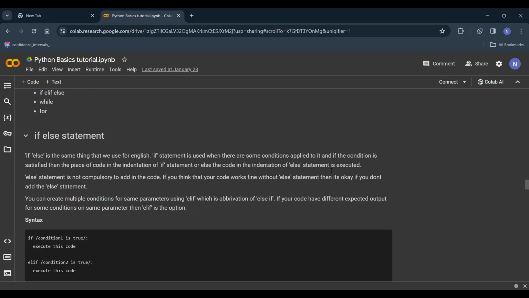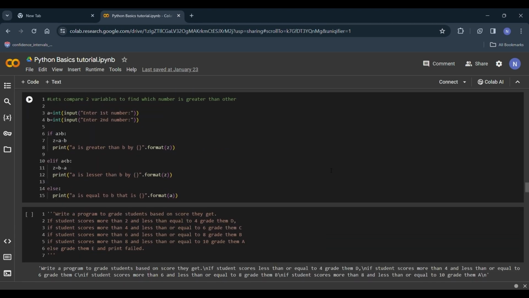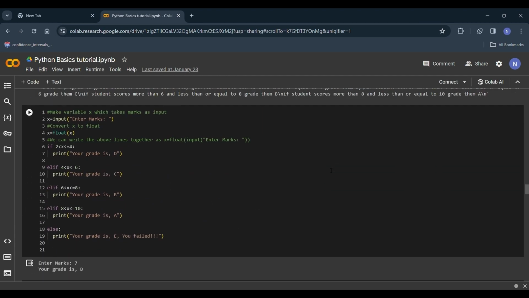If else statements. If else are just like English. If this condition is satisfied, then this result, else this result. We use elif when we have multiple if conditions. In this example, we have entered our marks as 7. So it will check this condition,